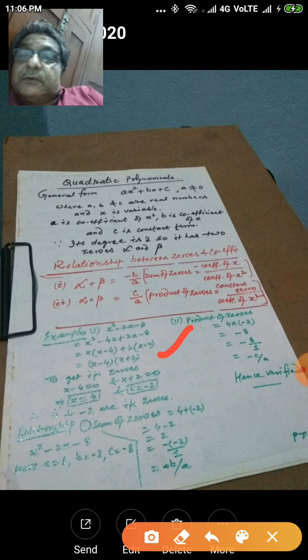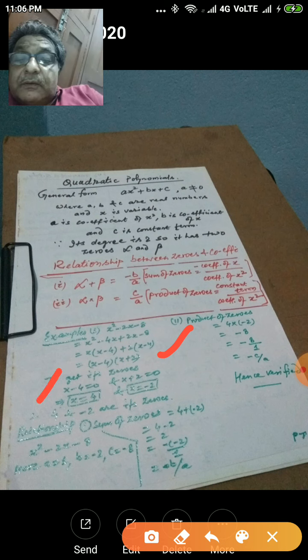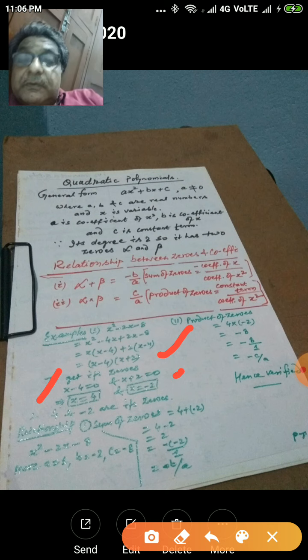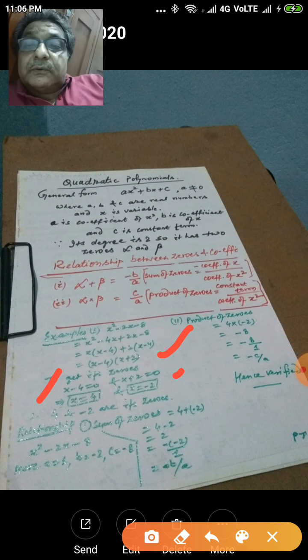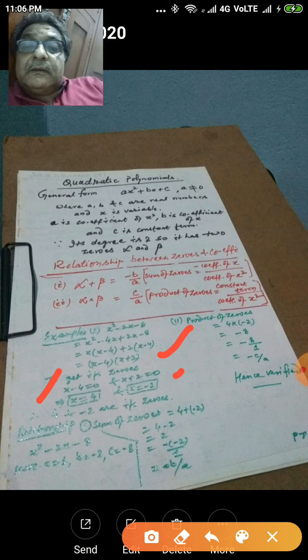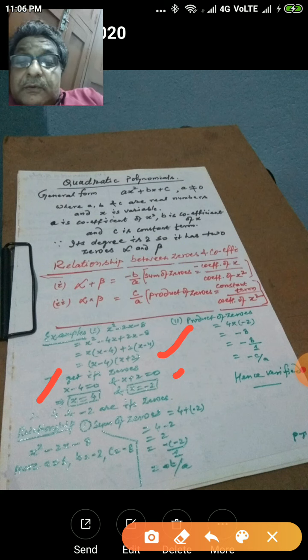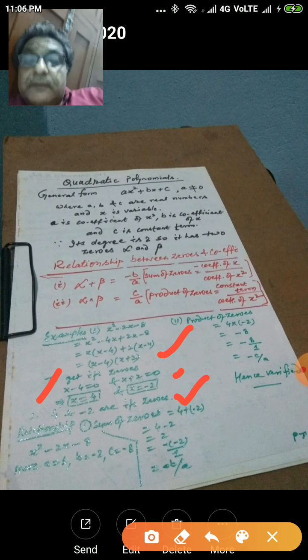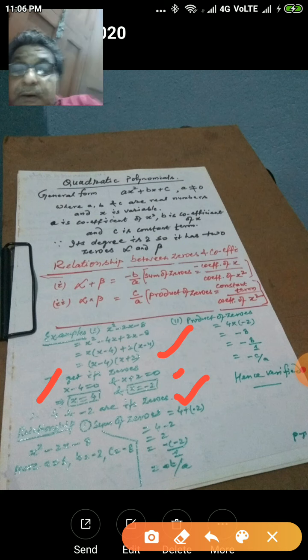After that you should write, to get its zeros both factors should be equal to 0. So we made x minus 4 equal to 0 and x plus 2 equal to 0. In this way we have got two values of x, and you know the value of the variable is called zeros. So two zeros of this polynomial are 4 and minus 2. So here we finished the first part of the work. Now we start the second part, that is